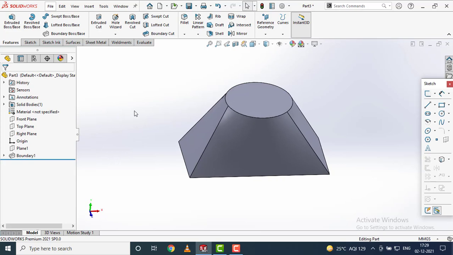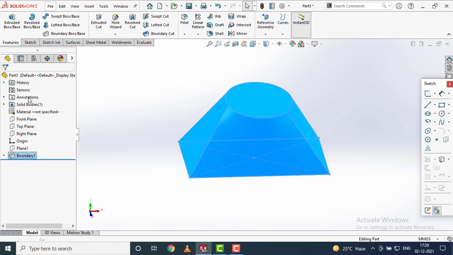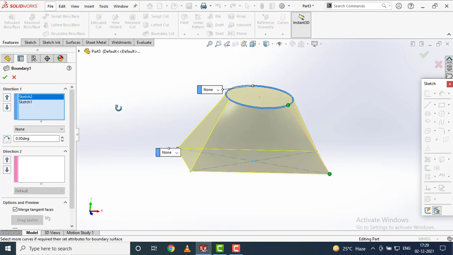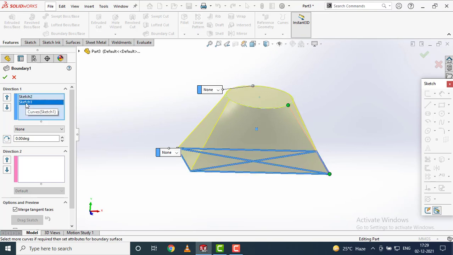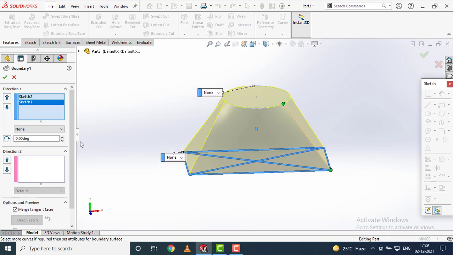There are some more features available inside this. To access those features, I will go back. Click on boundary, right click, edit sketch. Now first of all, I will select sketch 1, that is our rectangle. There are some options available in this down arrow.